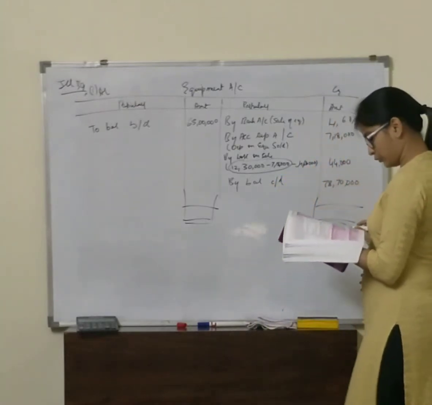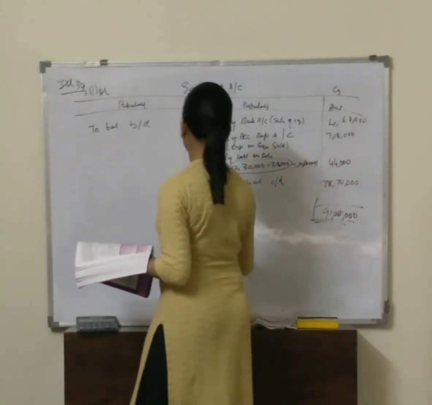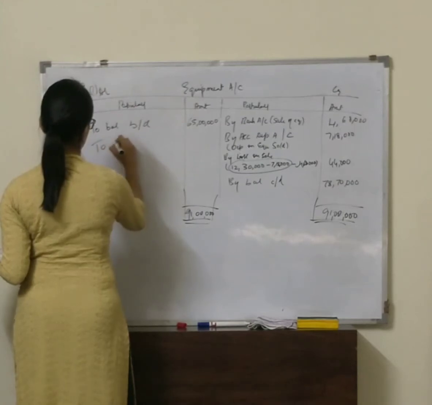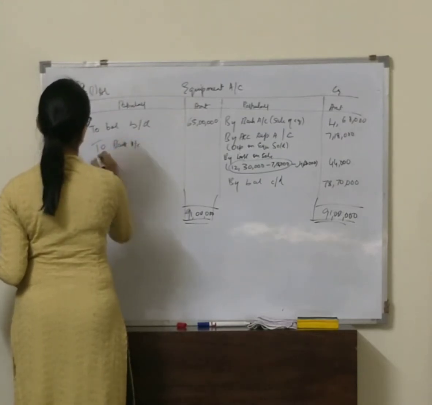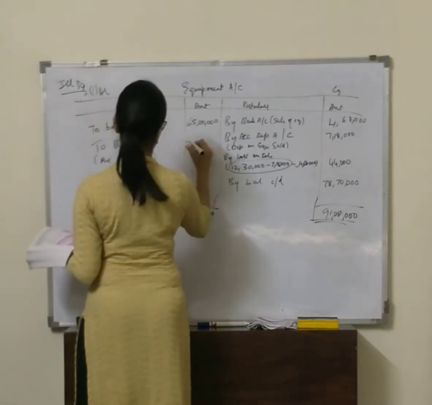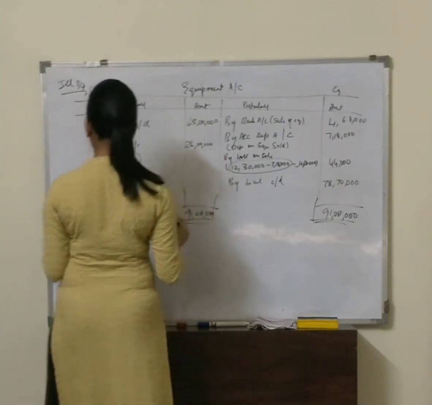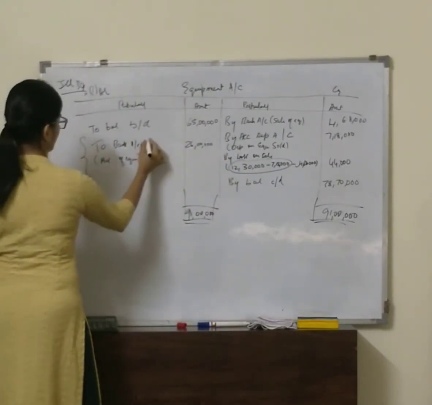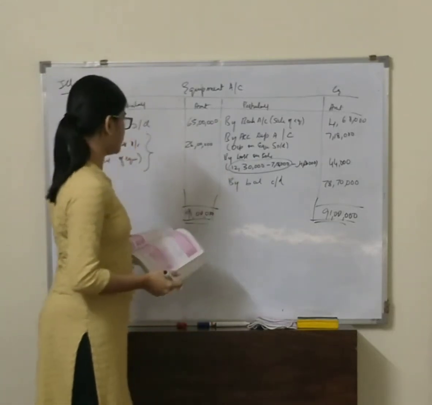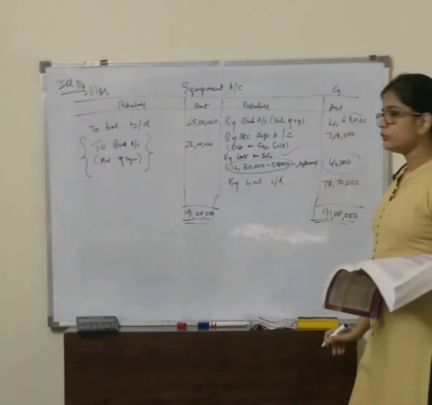Our credit side is more, it is 91 lakh. So there is to bank account, purchase of equipment. How much? 26 lakh. So the first point was to compute the amount of equipment purchased. Equipment purchase is 26 lakh. Depreciation charge for current year is yet to be found out. And loss on sale of equipment we found out is 44,000.